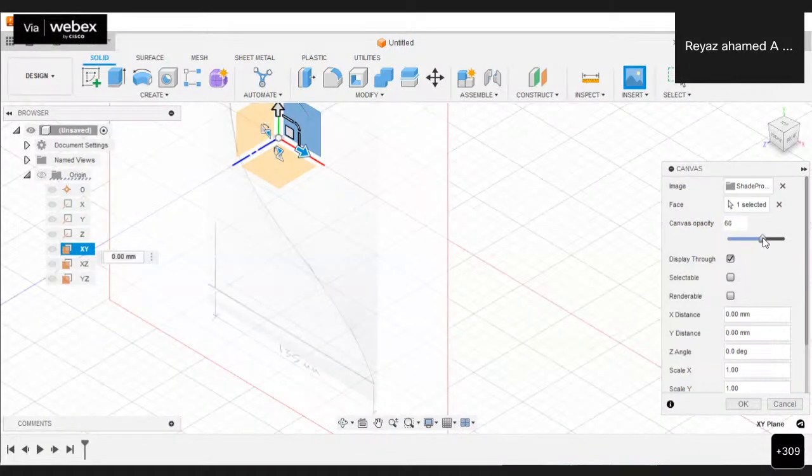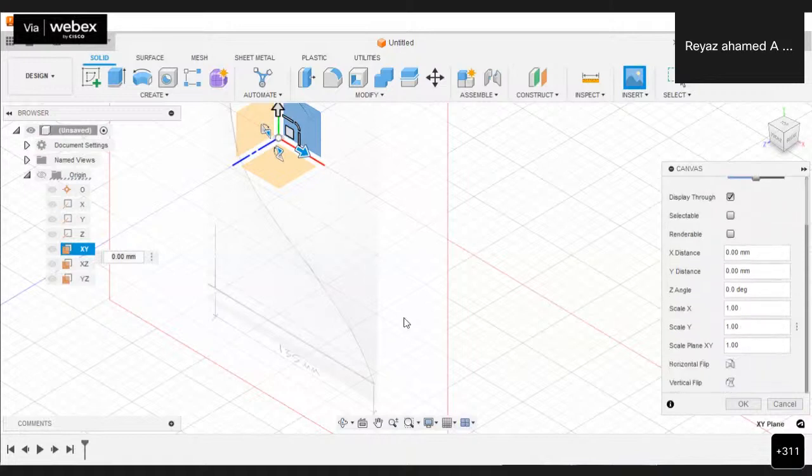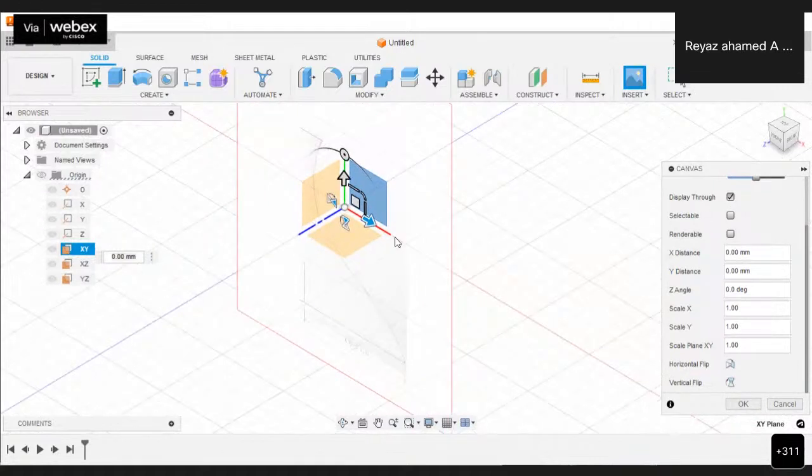So if you need to increase the brightness, you have to increase the canvas opacity value. So let it be 50 itself. Okay? And then by default it is displayed through, and then where it has to be placed, X distance, Y distance, and then scale, everything you can do actually. Okay, let me click on